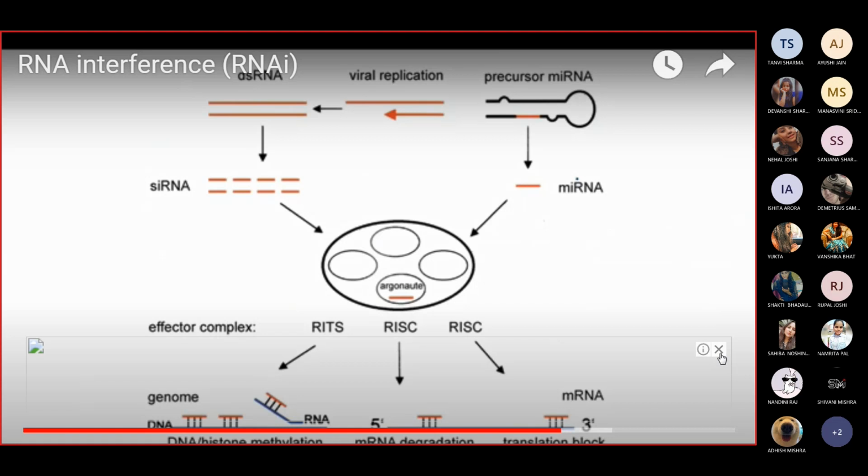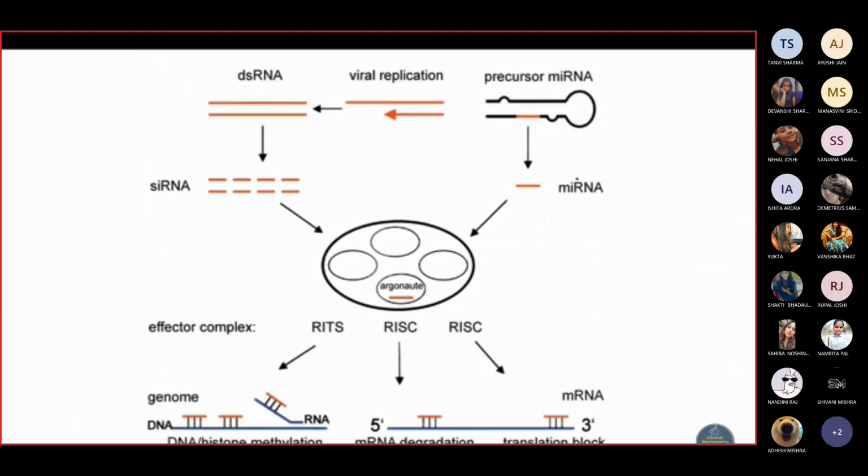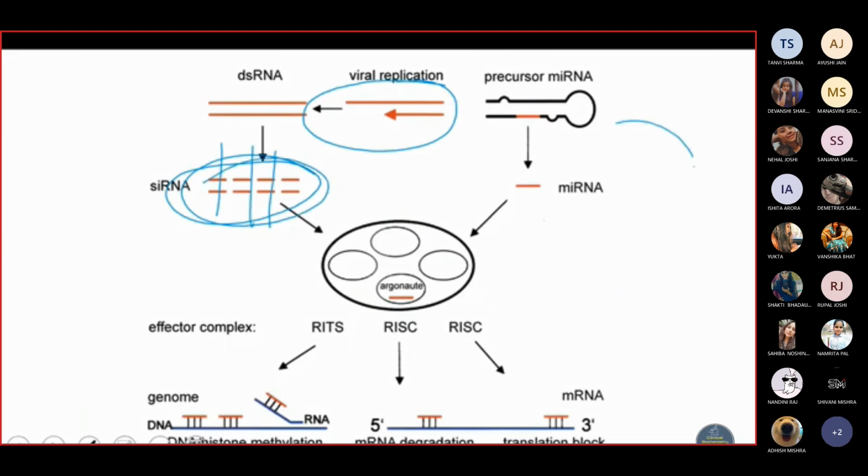डिफरेंस कहाँ है वो मैं बताता हूँ. In case of siRNA, what we have seen was either you had a viral DNA, RNA, double-stranded RNA, or we had a kind of hairpin-loop-like structures. So that will be degraded into small fragments, right? In case of miRNA, we are getting a specialized RNA from the nucleus.